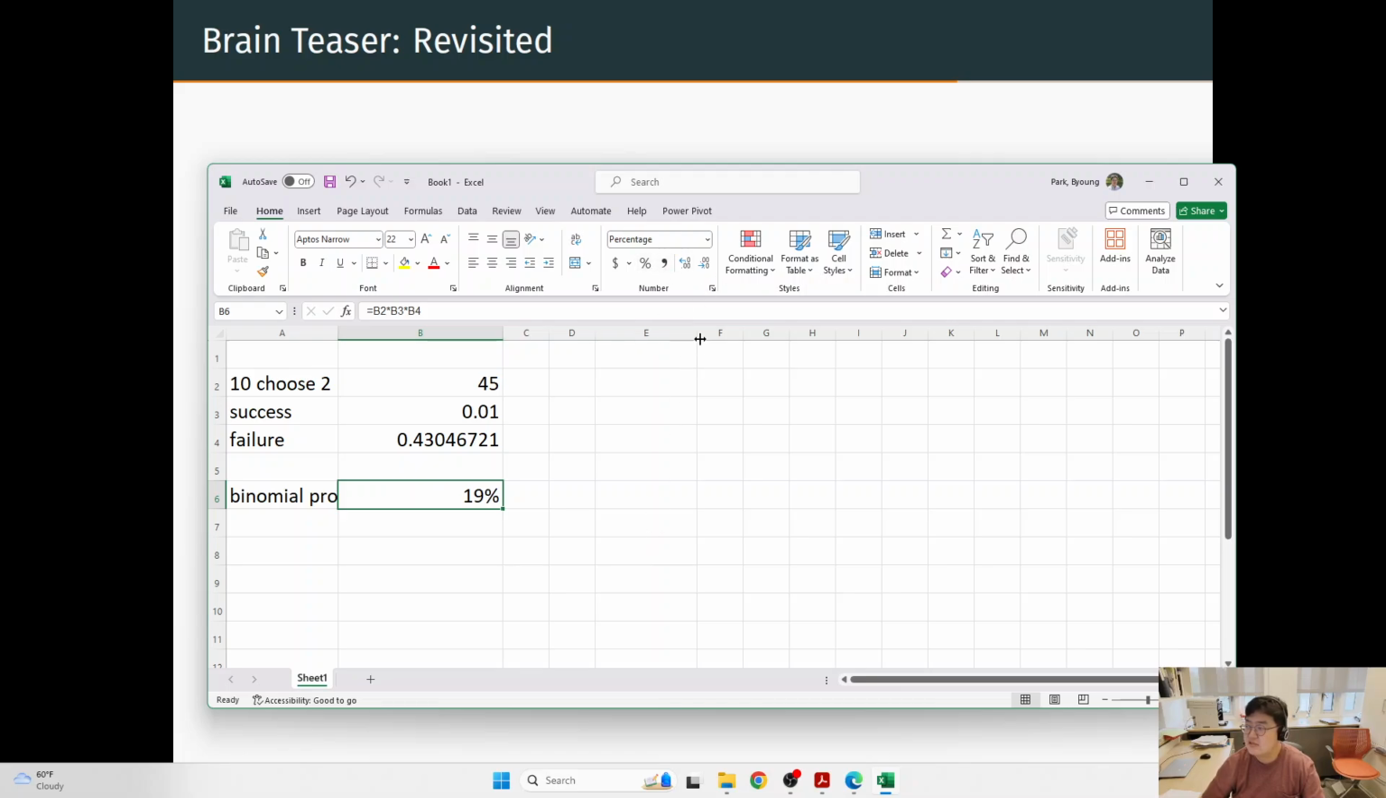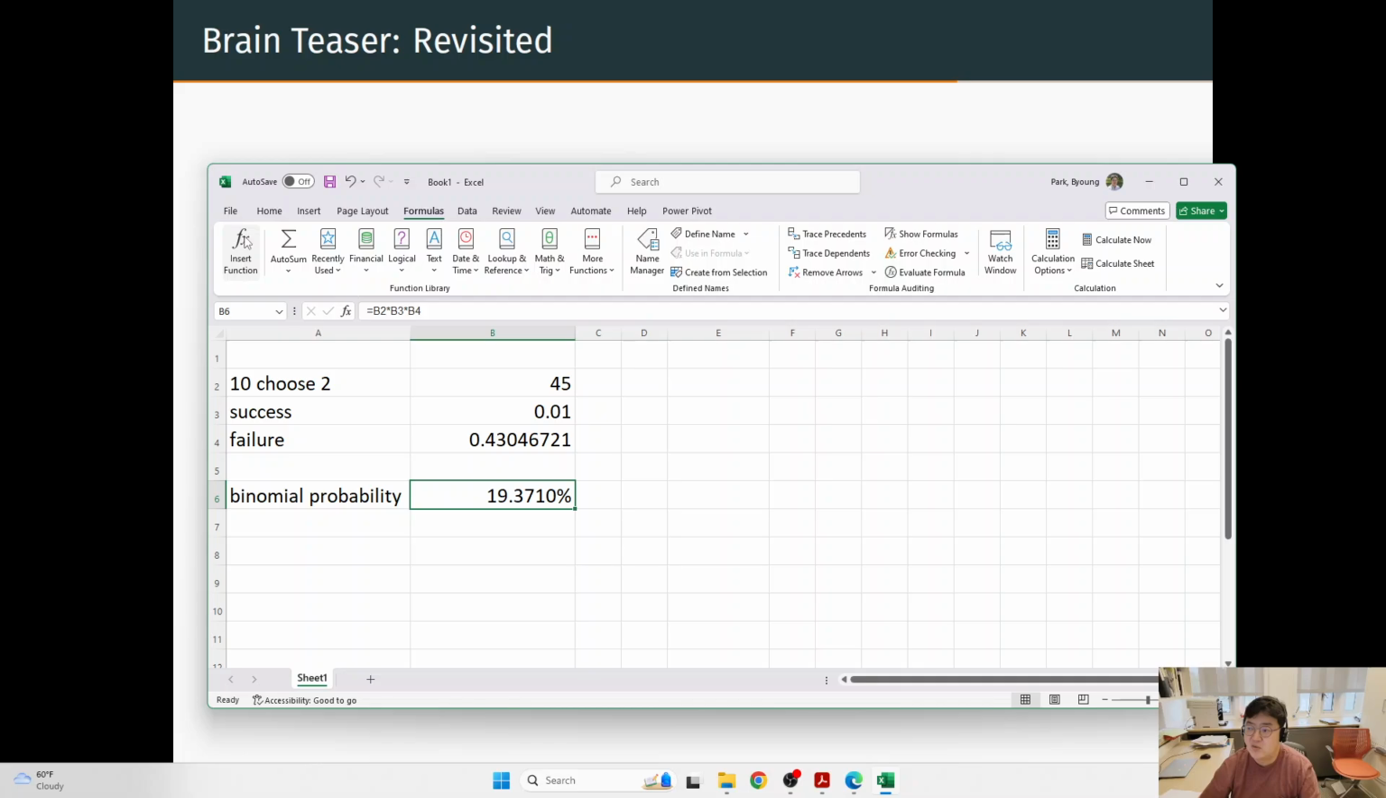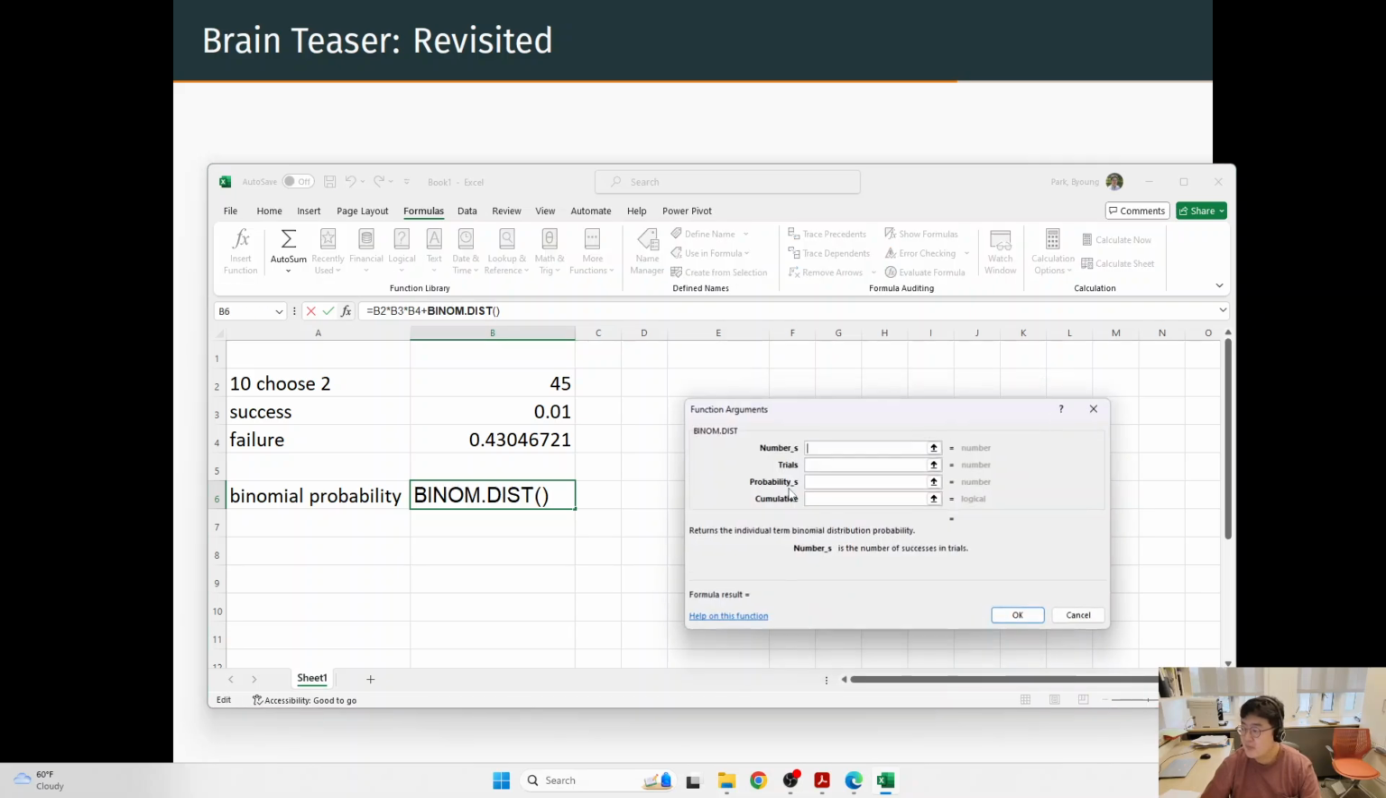It's 19.37%, like this. Okay, so binomial probability is calculated this way. And of course, you don't need to do it every time when you calculate binomial, right? So I suggest you go to this binom function formula. So the function is